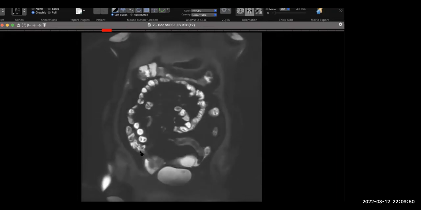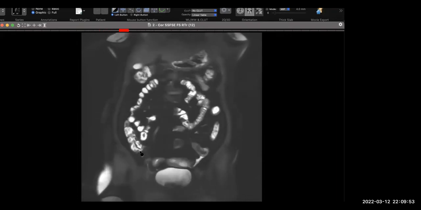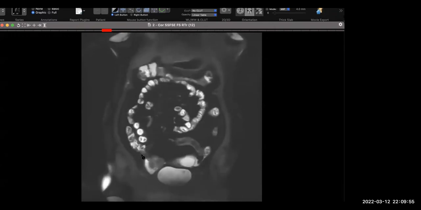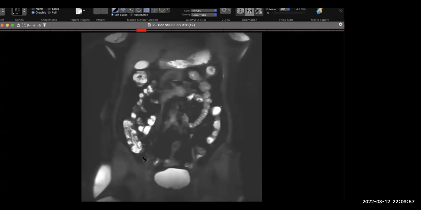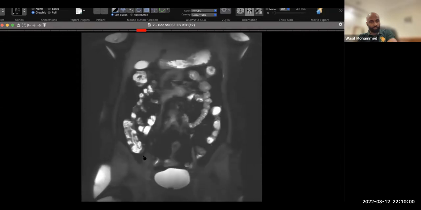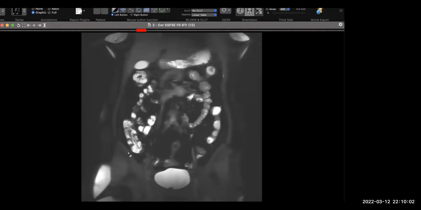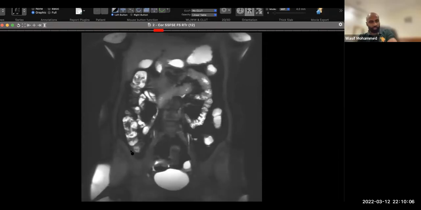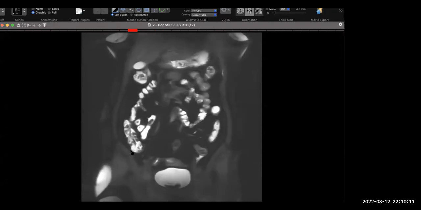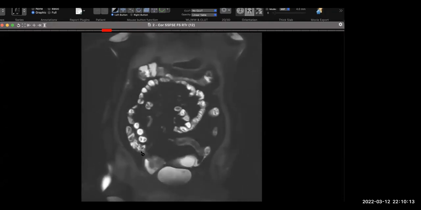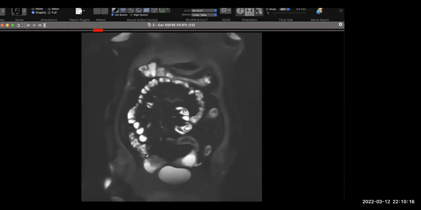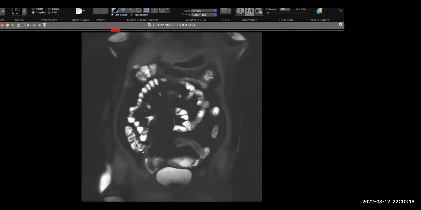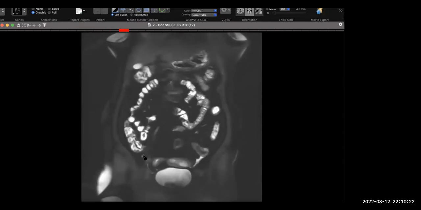It's not abnormally contracted. So which loop are you looking at when you say it's not abnormal? That's a cecum. You need to look medial to it to see the terminal ileum. Okay, so I'm just tracing the terminal ileum. So there is thickening at the IC junction